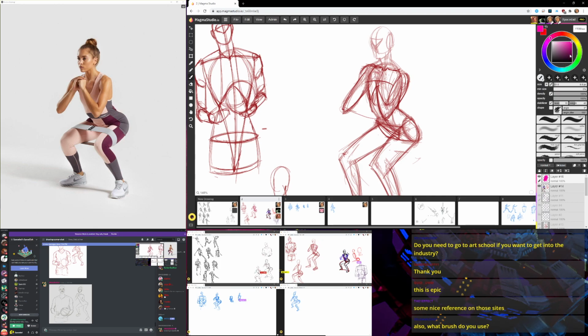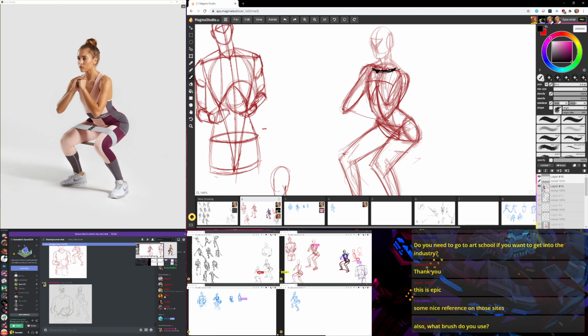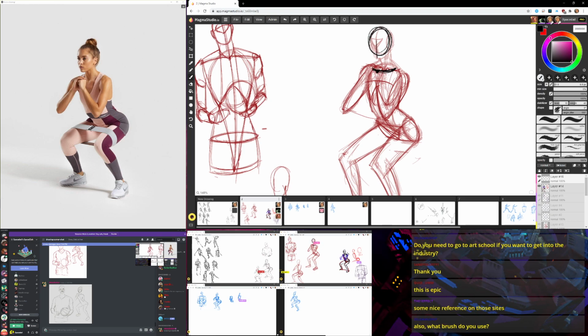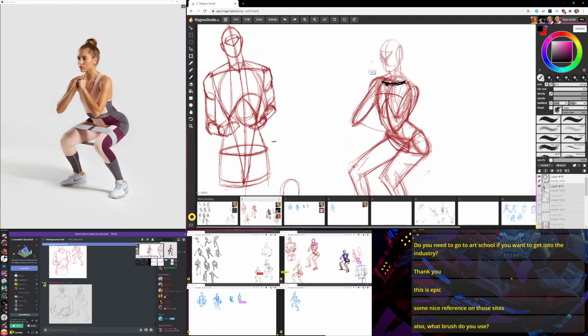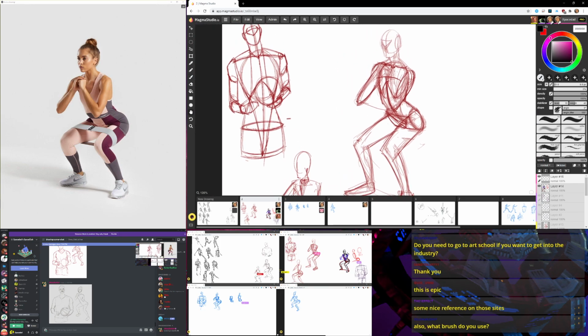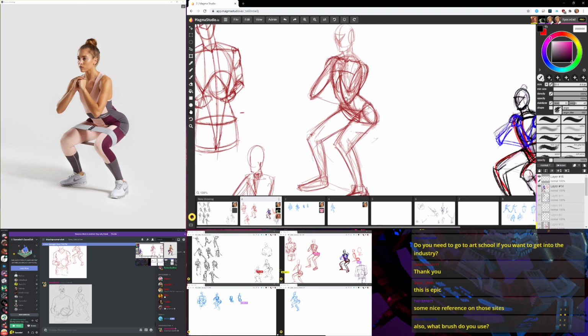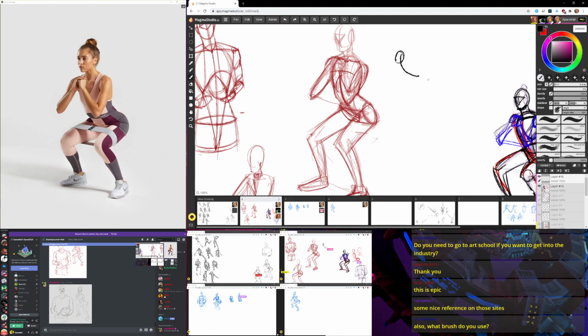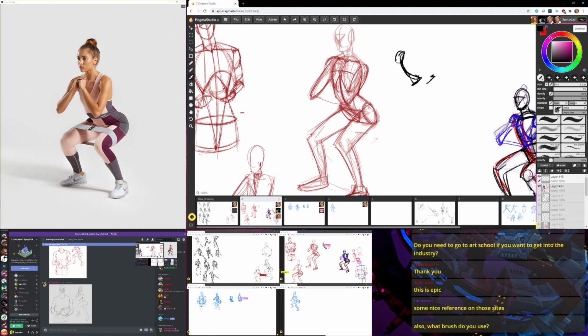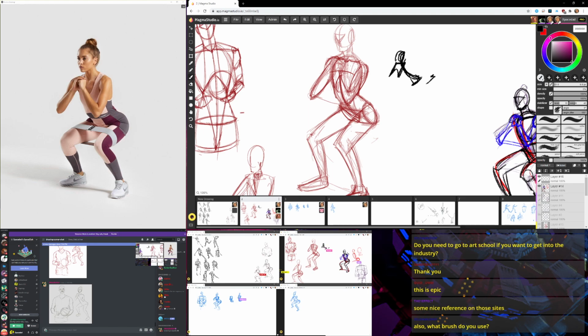So let's see here, maybe try. The clavicle should be about there, I want to say. Yeah, let me redo this pose for you here real quick. Do a draw over. So, a few observations about her pose: she's really sticking her buttocks out there. She's really squatting. It's kind of a centered, balanced sort of posture that she's got there.